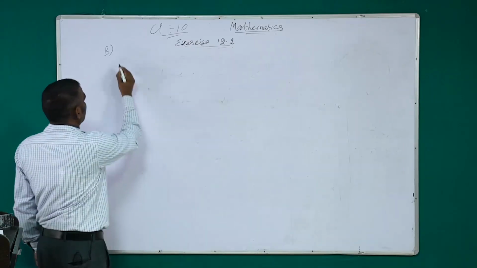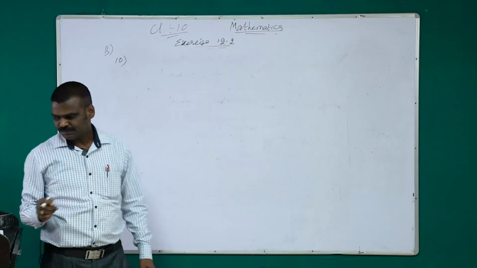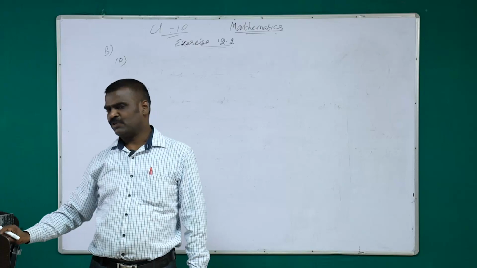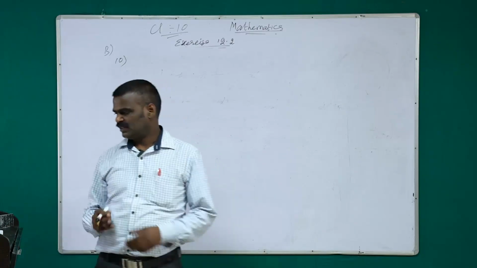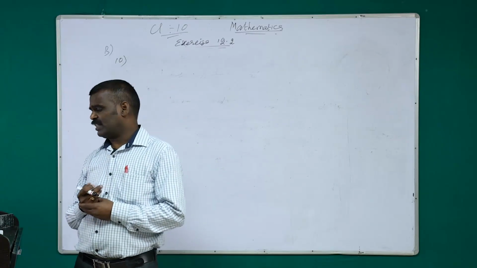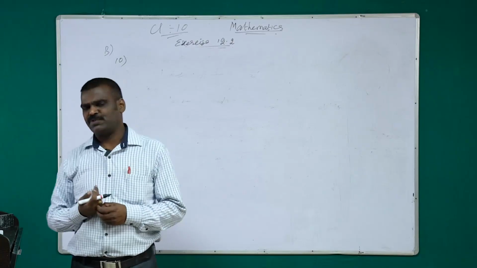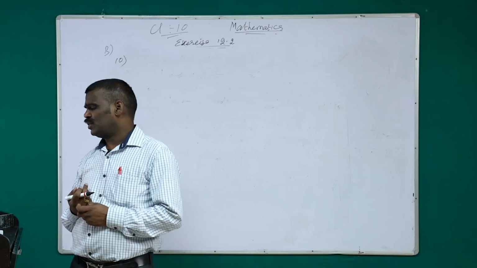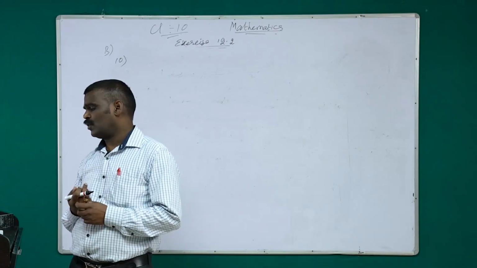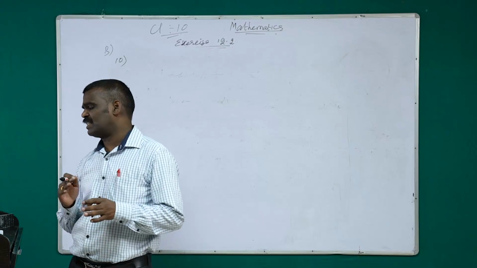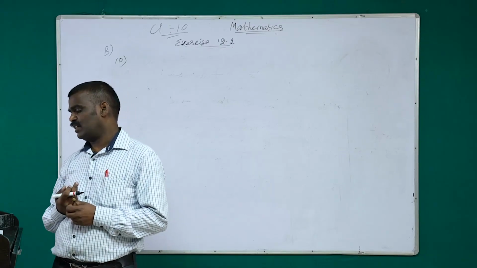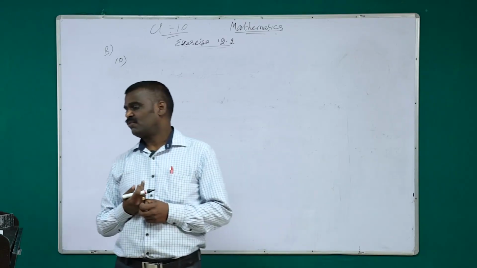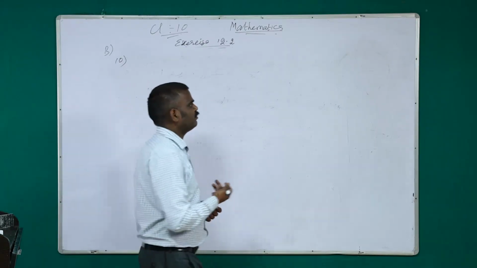Now let us go to question number 10. Again interesting questions we have seen in day to day life. Question number 10 tells an umbrella has 8 ribs. All of you have seen the umbrella, right? Which are equally spaced. Assuming umbrella to be a flat circle of radius 45 centimeter, find the area between the two consecutive ribs of the umbrella.